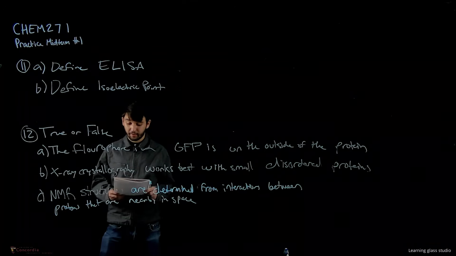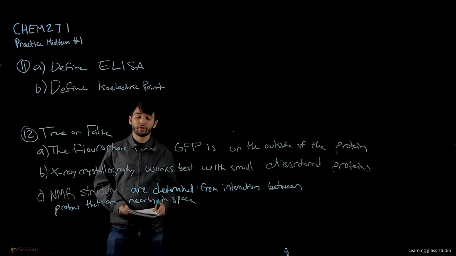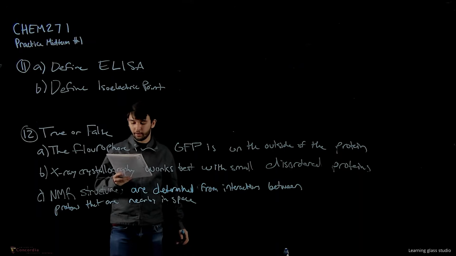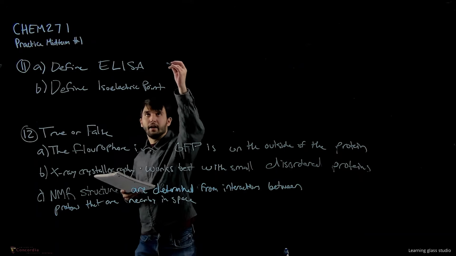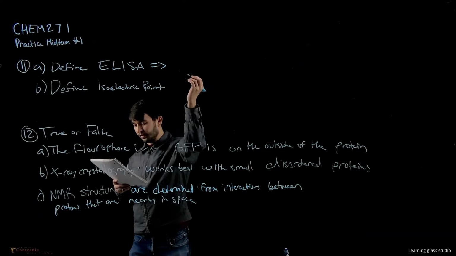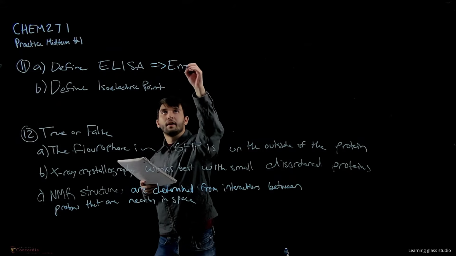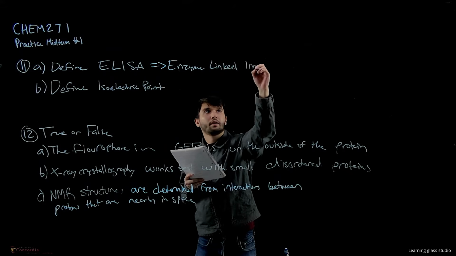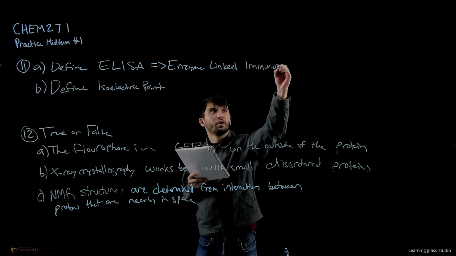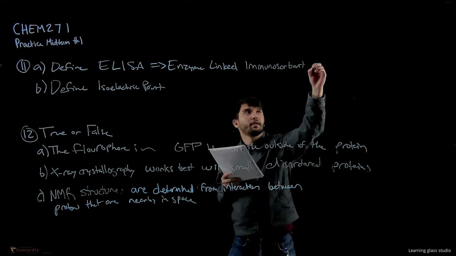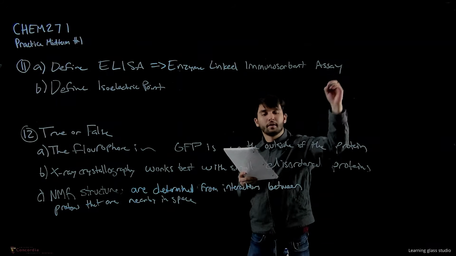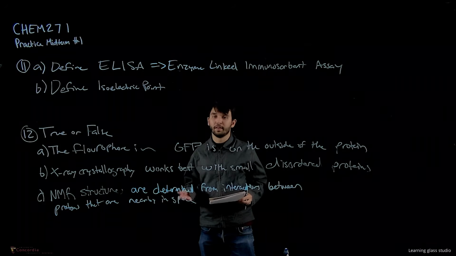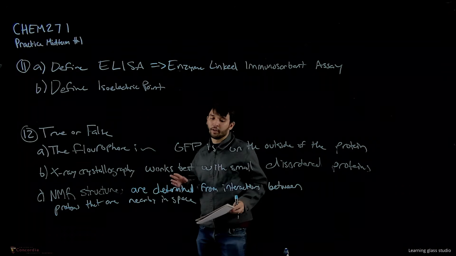All right, next up we have some more simplistic questions. So we are just defining things, and then we are doing true and false. First up, define ELISA. This just stands for enzyme-linked immunosorbent assay, right? This is where we use antibodies to determine the presence of a protein,